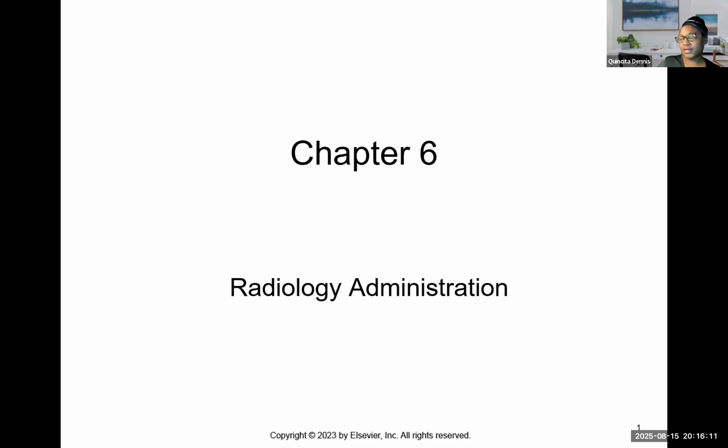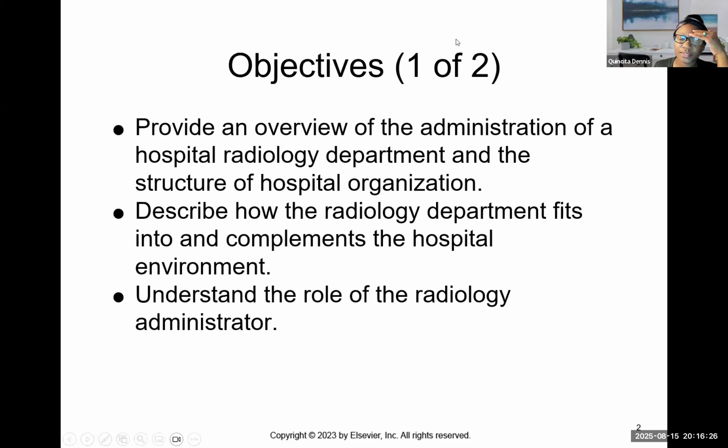All right, so now we're going to get into this week's chapter. So we're talking a little bit about radiology administration. All right, and these are some of our objectives. Of course, we have 2 different slides. So provide an overview of the administration